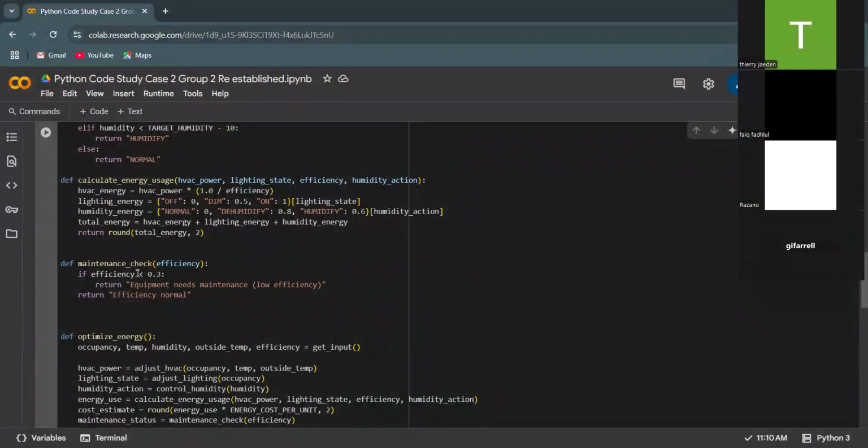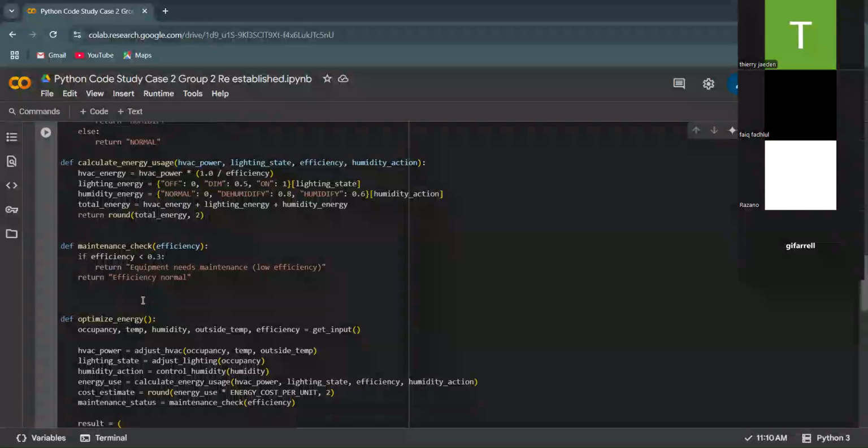If the efficiency is less than 0.3, it will print a statement saying the equipment needs maintenance, low efficiency, since we're trying to calculate efficiency here as the main goal. Other than that, it will just return efficiency as normal.